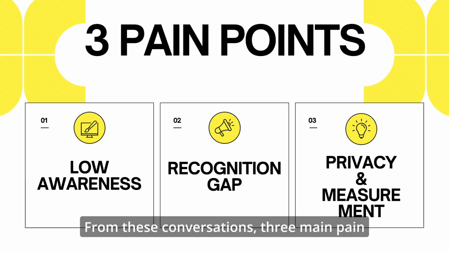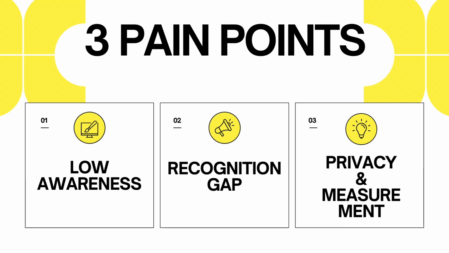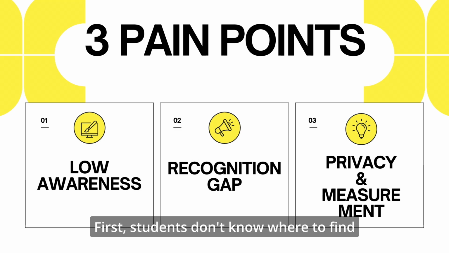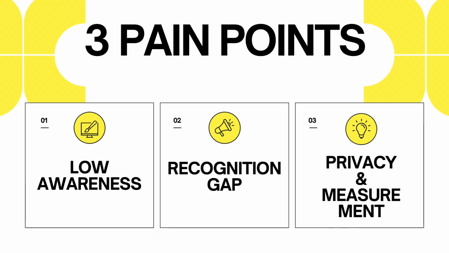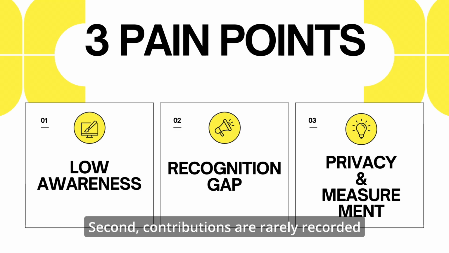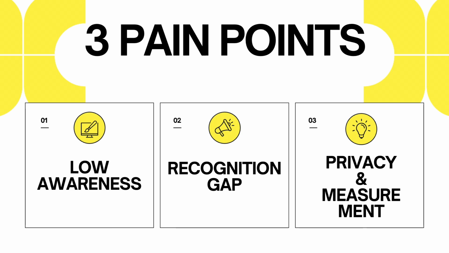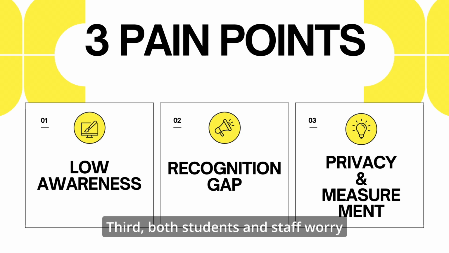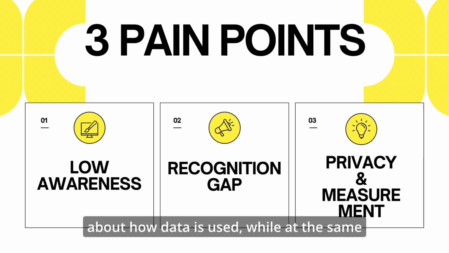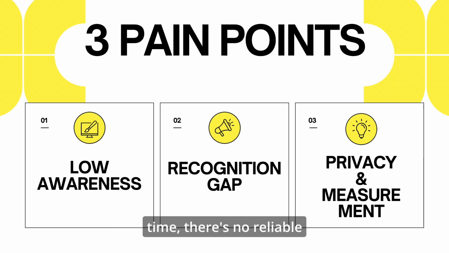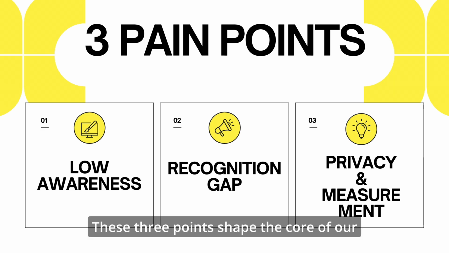From these conversations, 3 main pain points become clear. First, students don't know where to find SDG-related opportunities or how to engage with them in one place. Second, contributions are rarely recorded or rewarded, which weakens motivation to stay involved over time. Third, both students and staff worry about how data is used, while at the same time there's no reliable way to track engagement. These 3 points shape the core of our project, and they set up the student-side solution that